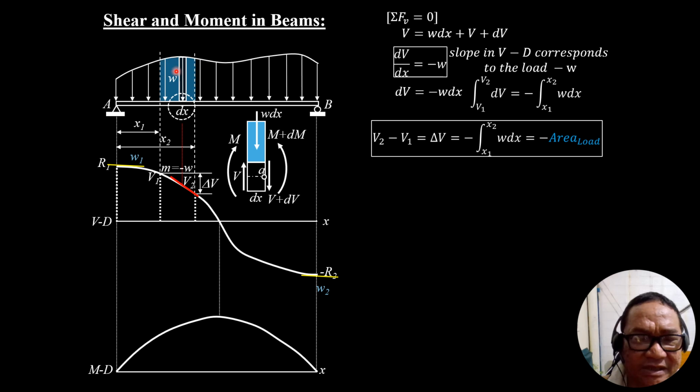So it is represented by blue. So I shade this entire area by blue. The area of that is the change in shear delta V, which is V sub 2 minus V sub 1. And of course, V sub 2 minus V sub 1 is negative. Why negative? Because it's the negative of that area if you treat W as positive. So I hope that you can remember it.